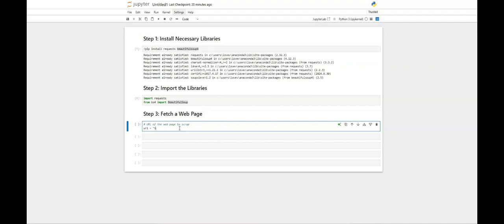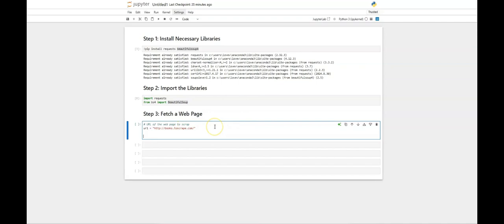That's the example we're going to use. So books.toscrape.com. Next, we're going to send a GET request to fetch the HTML content of the page,